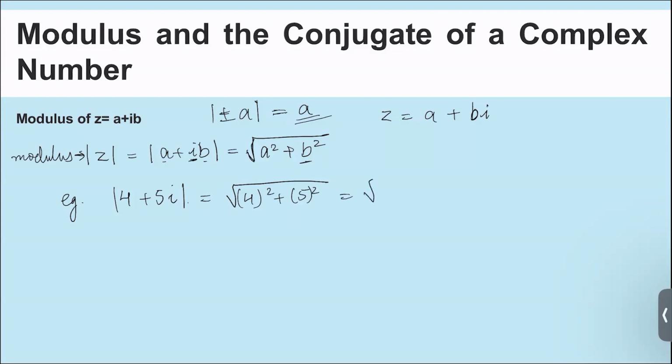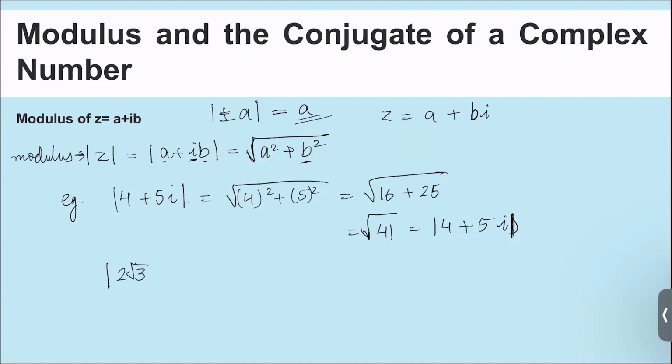Okay, so you have 16 plus 25. Okay, so that you will get 41. Okay, so the mod of the complex number 4 plus 5i is equal to root of 41. Okay, then for example, if you have mod of